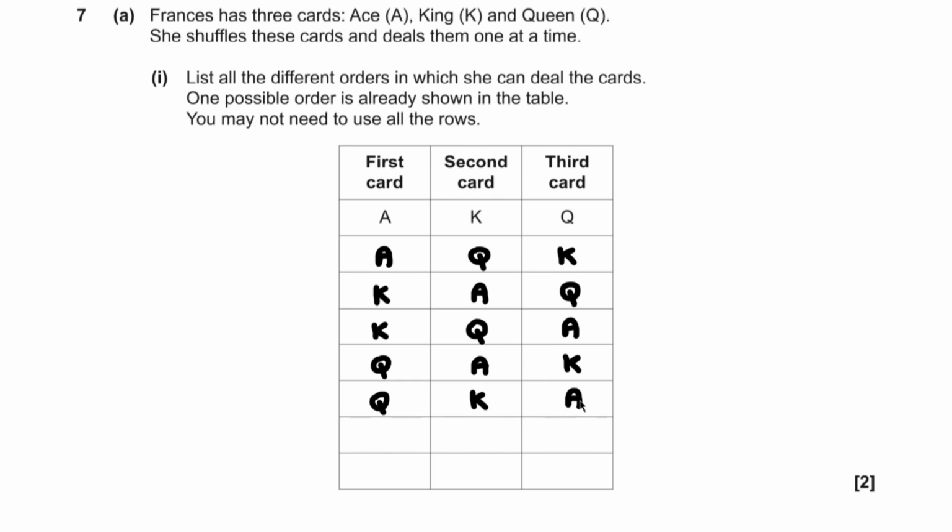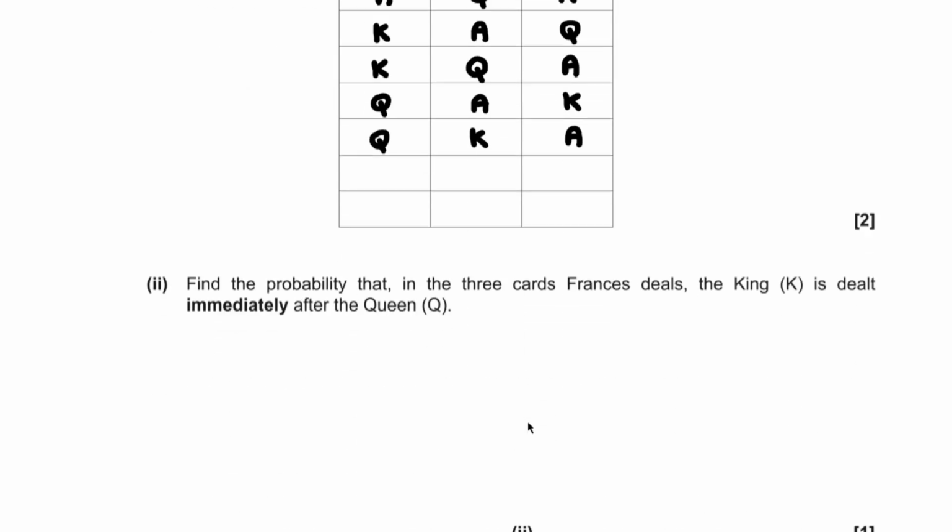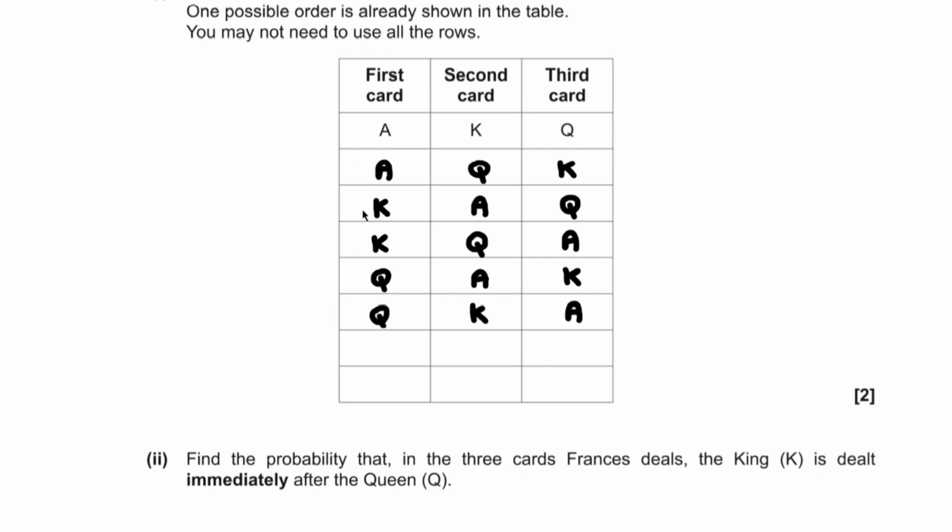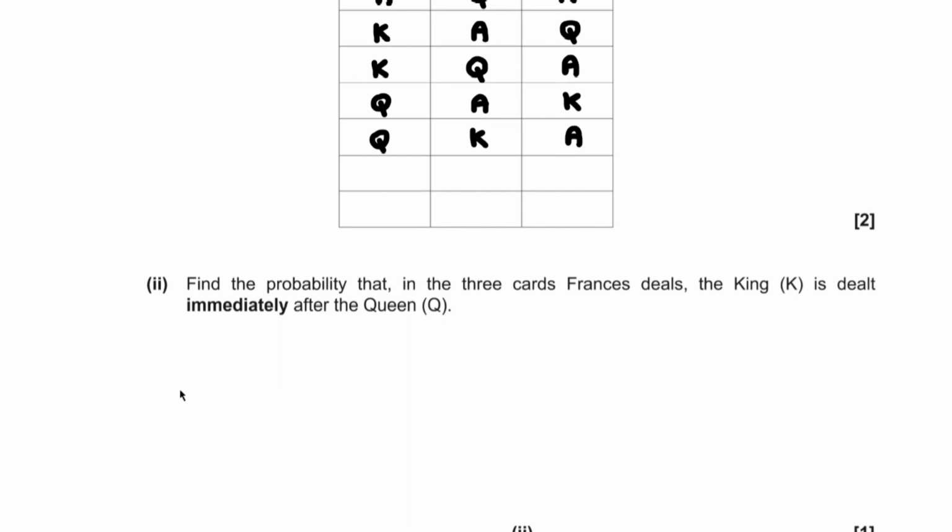and A third. Next, we have to find the probability that in the 3 cards Frances deals, the king is dealt immediately after the queen. So we want queen followed by king. Now, how many different combinations do we have altogether? We've got 6 of them. So our probability will be